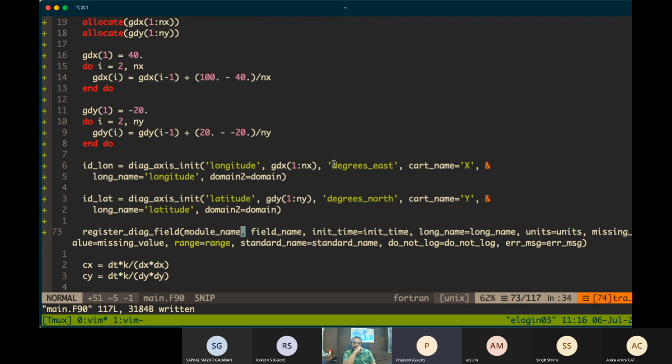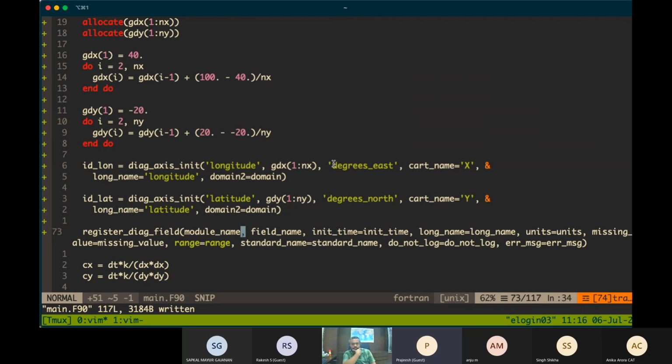The variable name will still be maybe temperature, but you can select from where you want that variable by giving the proper module name.